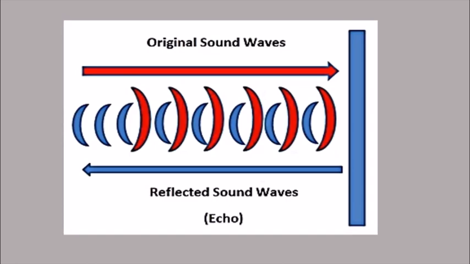So if we talk in scientific language, what is an echo? An echo is the repetition of the original sound because of reflection by some surfaces. Because the sound is being reflected from those surfaces, it becomes an echo. Now, in order to get a proper echo, the reflection should be distinct at 22 degrees Celsius, and the minimum distance between the source and the reflecting surface should be around